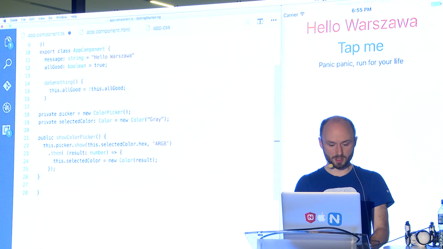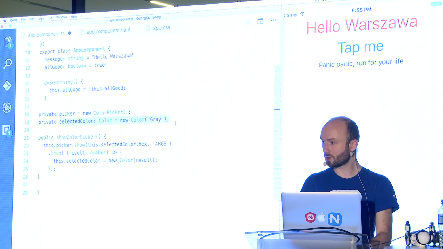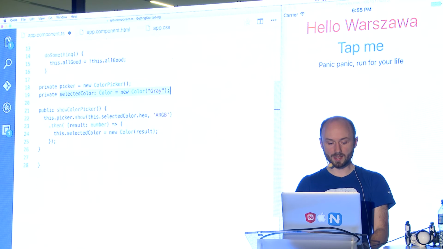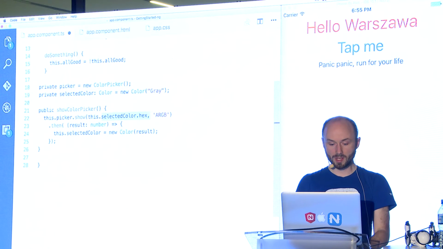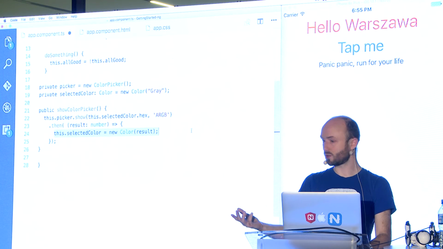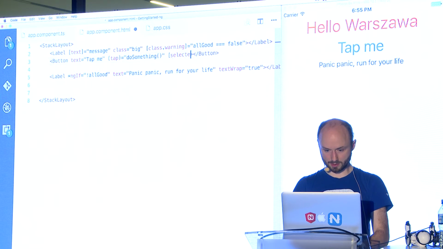So what I'm doing is creating an instance of the color picker. I also create a selected color and set it up as gray. And then I have a function, showColorPicker, right? The showColorPicker first calls the picker's show and passes in the current selected color as the input value. And when the user chooses a color, I just update the selected color. Nice and easy. So what I can do now is go to my button, do selected color equals,